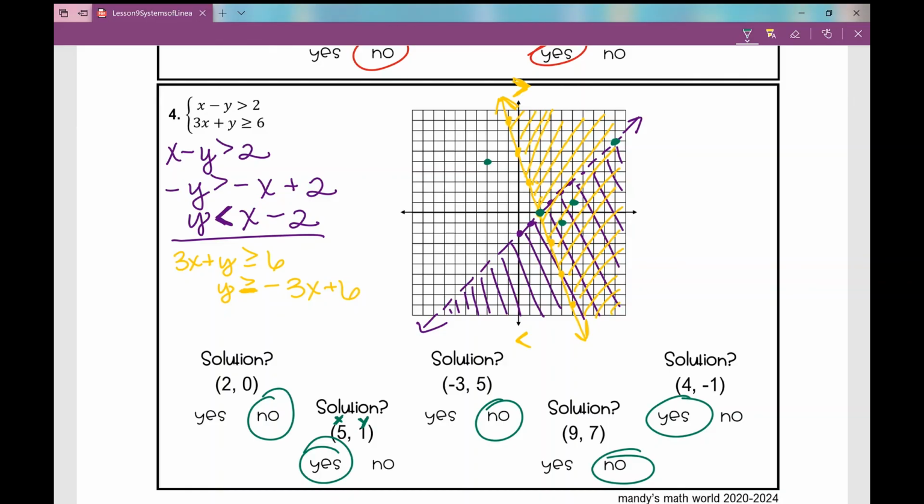And just keep in mind that on today's lesson, you'll also see problems that might have like x is greater than 2, y is less than or equal to 3, something like that, right? Well, all that means is you're graphing a vertical line for this linear inequality and a horizontal line for this linear inequality. And your rules from yesterday's lesson still hold true for today. You're just graphing both of these linear inequalities on the same coordinate plane. And your solution is the